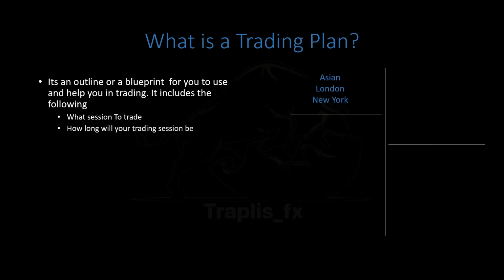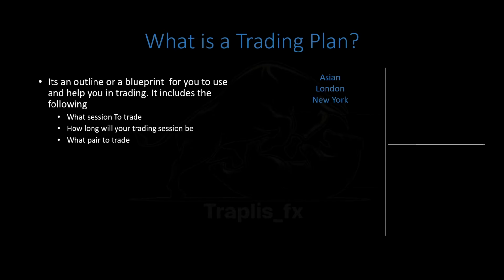Then we have, basically, how long are you going to trade? Are you going to be trading for 1 hour, 2 hours, 3 hours? That will depend on the session. If you're a scalper or a day trader or a swing trader, these things vary from one person to the next. So for example, if you're going to trade the London session, for me it runs from 3 a.m. or 2 a.m. until 4:30 a.m. So that's around 2-3 hours, give or take. So that I might be willing to trade, or I trade the New York session, which is the opposite. So that's something you should look into.